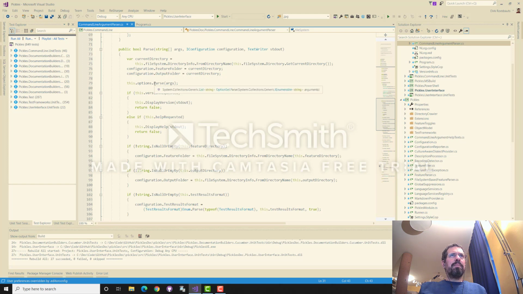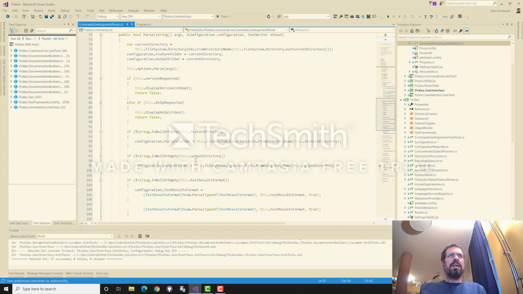Good. We pass the arguments. And if we just want to display the version of Pickles, then we do that, and we return false, because we should not continue. If help was requested, then we display the help and return false. And then